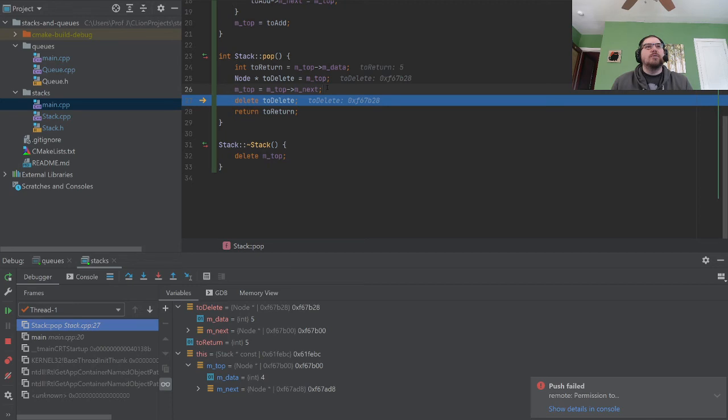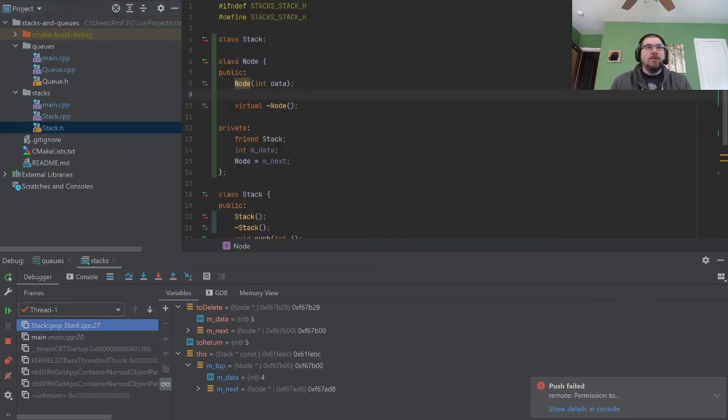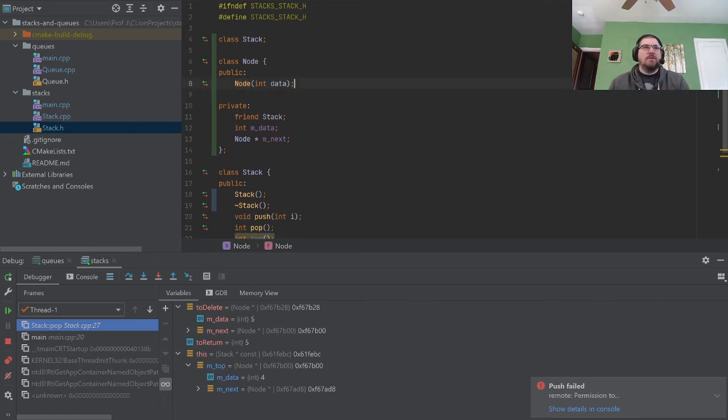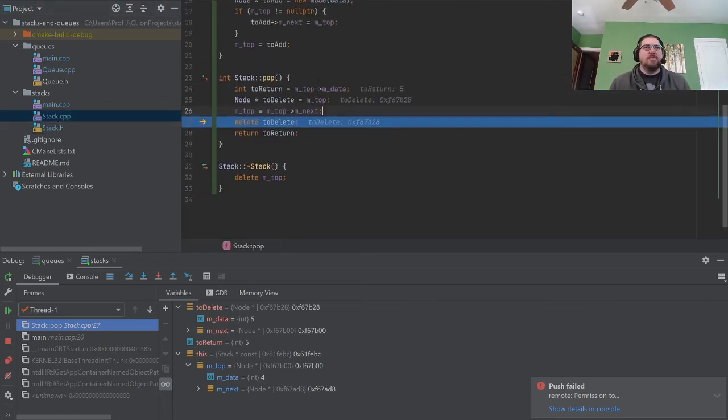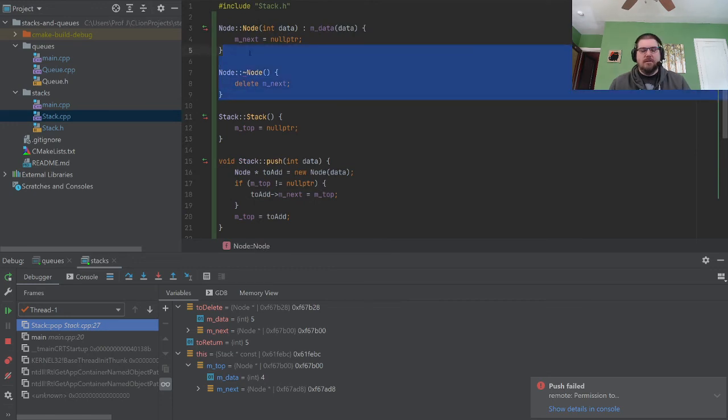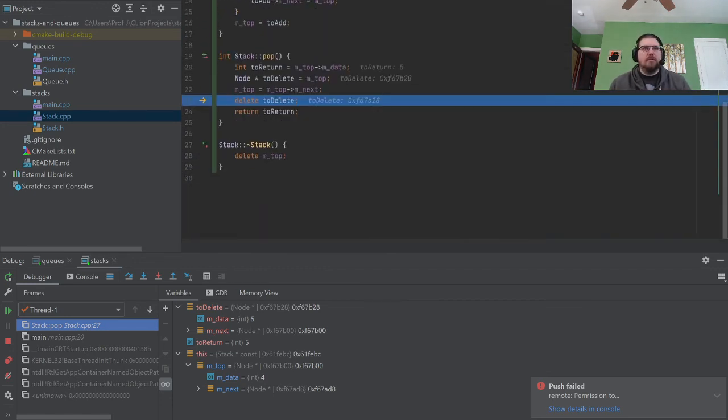Oh. Whoops. Okay, we don't want to delete the next node. Whoops. Actually, I'm just going to delete this. We don't even need one now because it's just going to do a standard delete. Standard delete. And we'll just do this.